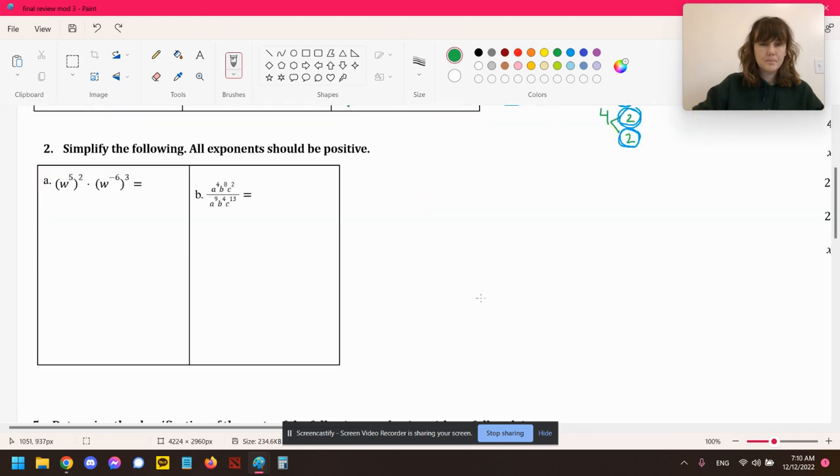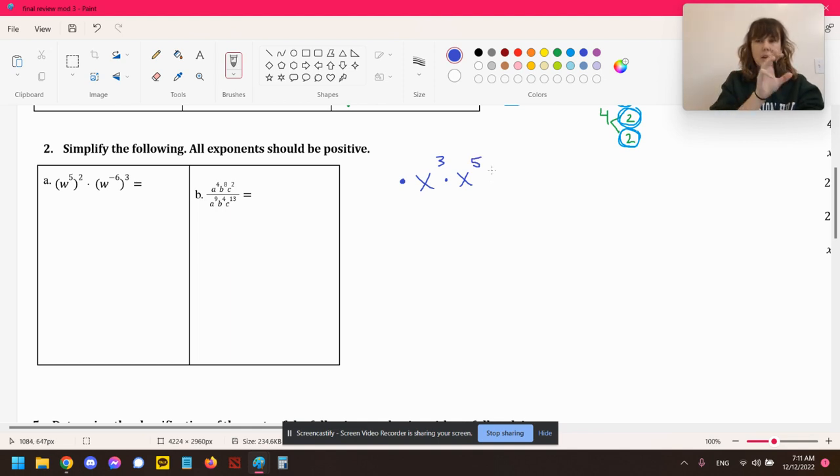All right. Simplify the following. All exponents should be positive. This is when we get to use our exponent rules. Our exponent rules say that when we have, let me do it with real numbers, when we have